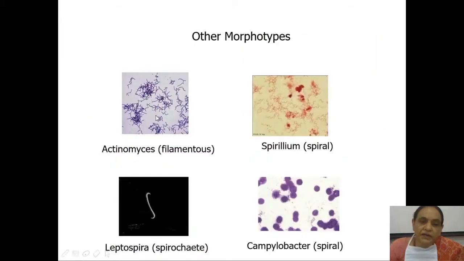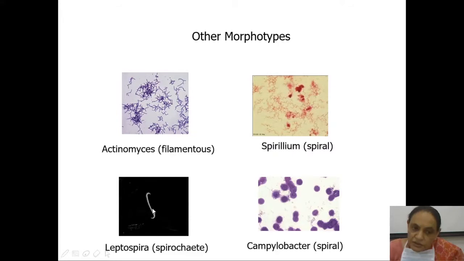This is Spirillum, gram negative. This is a special stain, dark ground, because these leptospira are so thin, they do not take up a stain. The cell wall should be visible on microscopy, because as you must have understood now, a microscope has its own power of resolution. So they are much thinner than these bacteria, so you cannot see them by simple microscopy. So this is by dark ground microscopy.